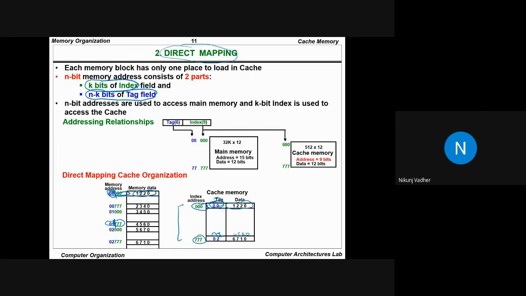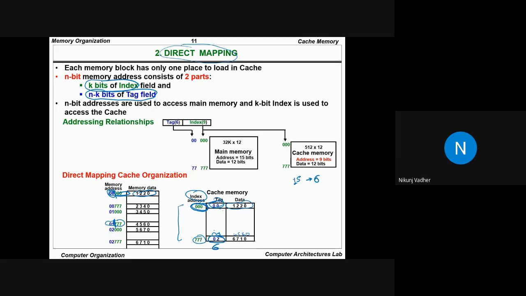Here we will directly go to the address or index, and on that index we will compare only 6 bits. Previously we were comparing 15 bits, and in this scenario we are comparing only 6 bits. So the total number of comparisons will be reduced. Only the tag will be compared.